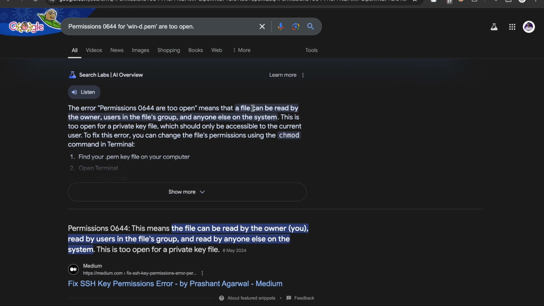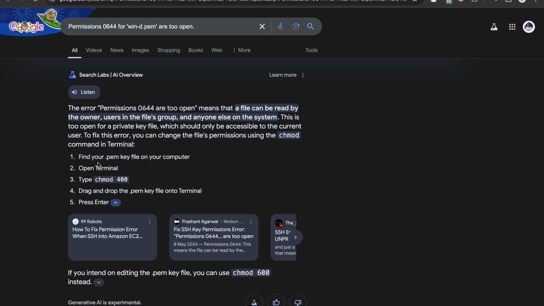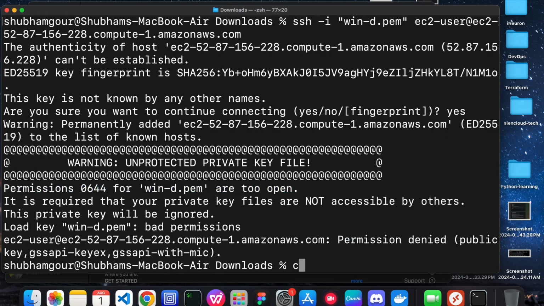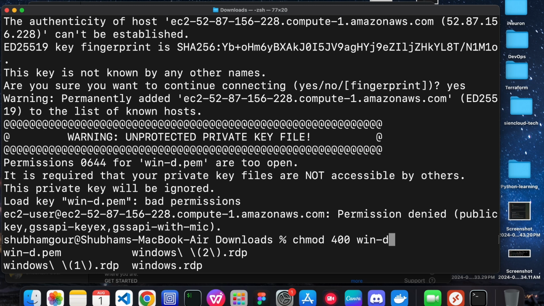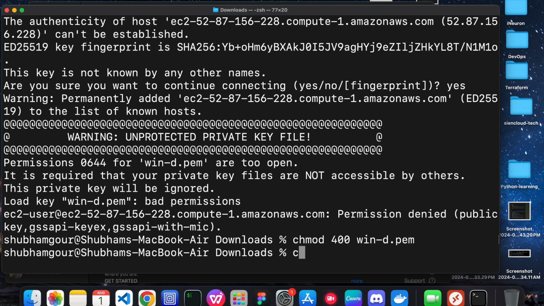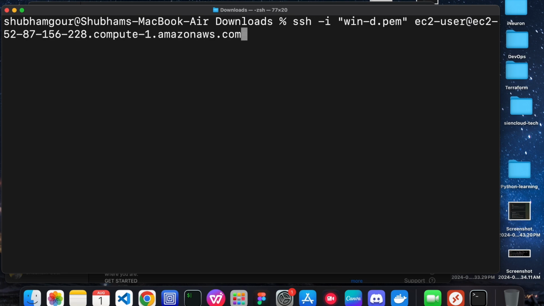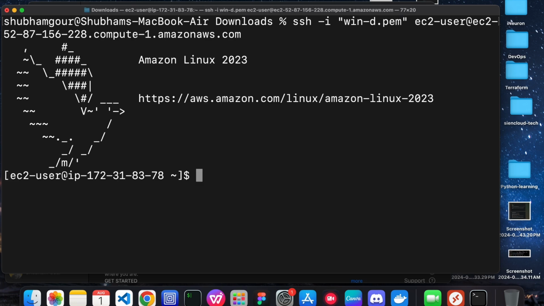So here you can see it is giving a solution. Okay, so what is the solution that is given to us? If you're getting the error 0644 permissions are too open, then it is asking us to change the permission to 400. All right, we'll do the same. So chmod 400 and followed by the file name, so it would be Windows-D.pem. All right, we made the necessary changes as it was requesting. Now we are going to again do the SSH. Let's wait this time and let us see whether we are getting the error or not. And as you can see, we have resolved the error, and now we are connected to